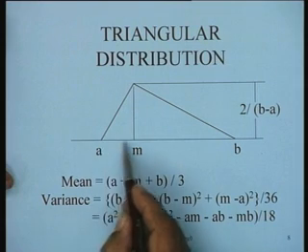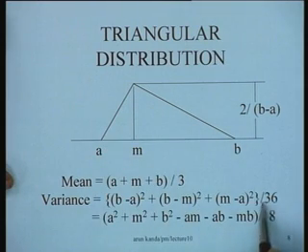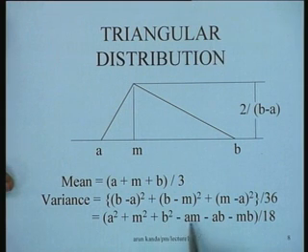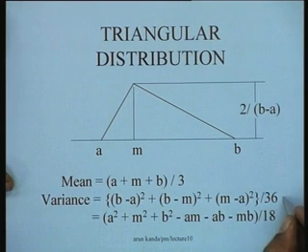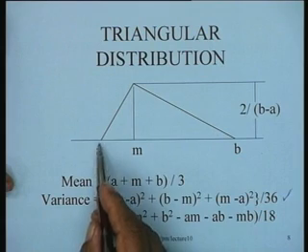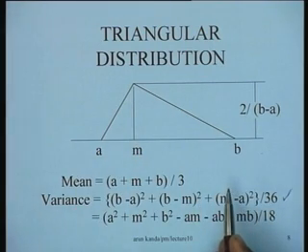So basically these intervals 1, 2 and 3, squares of these divided by 36, or you can simplify this expression if you like to write a square plus m square plus b square minus am minus ab minus mb divided by 18. Of course, this particular form is much more convenient for computation, because all one has to do is get this interval and the total interval, square it up and get the values.